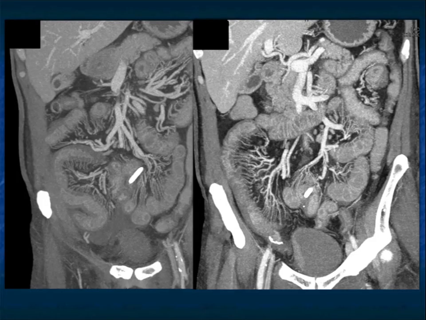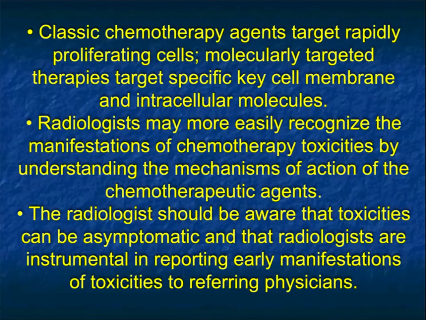Again, in terms of differential diagnosis, it's really extensive involvement, but the appearance is not that of Crohn's disease. Again, ischemia would be a good thought, drug reaction, a great thought. Another few comments: classic chemo targets rapidly proliferating cells. Molecular targeted therapies target specific key cell membranes and intracellular molecules. Radiologists may more easily recognize the manifestations of chemo by understanding the mechanisms of action of the agent, and the radiologist should be aware that toxicities can be asymptomatic, and radiologists are instrumental in reporting early manifestations of